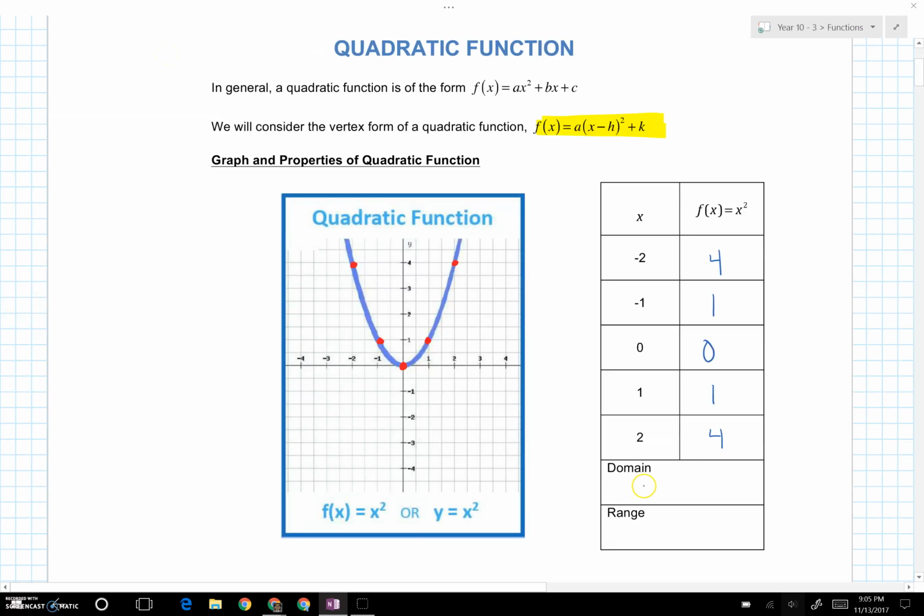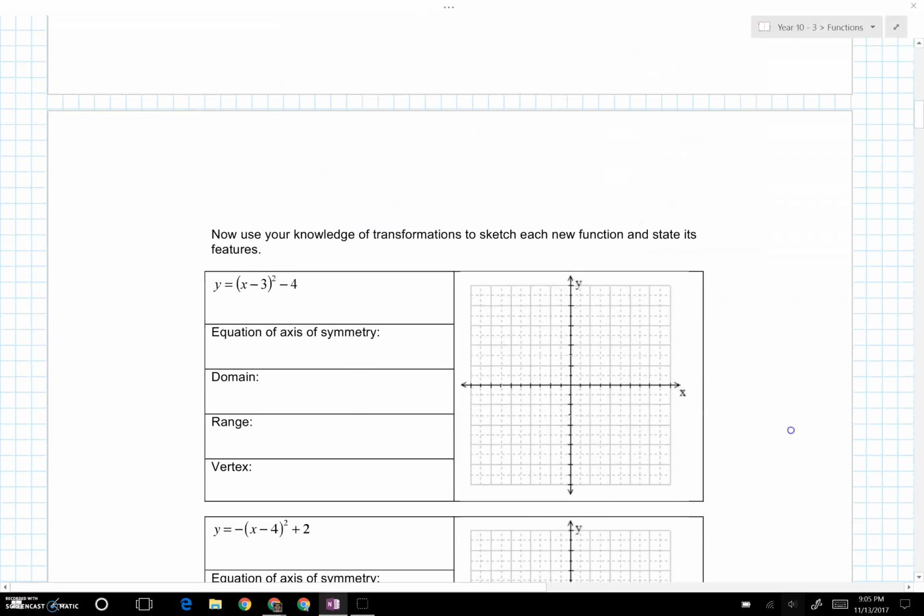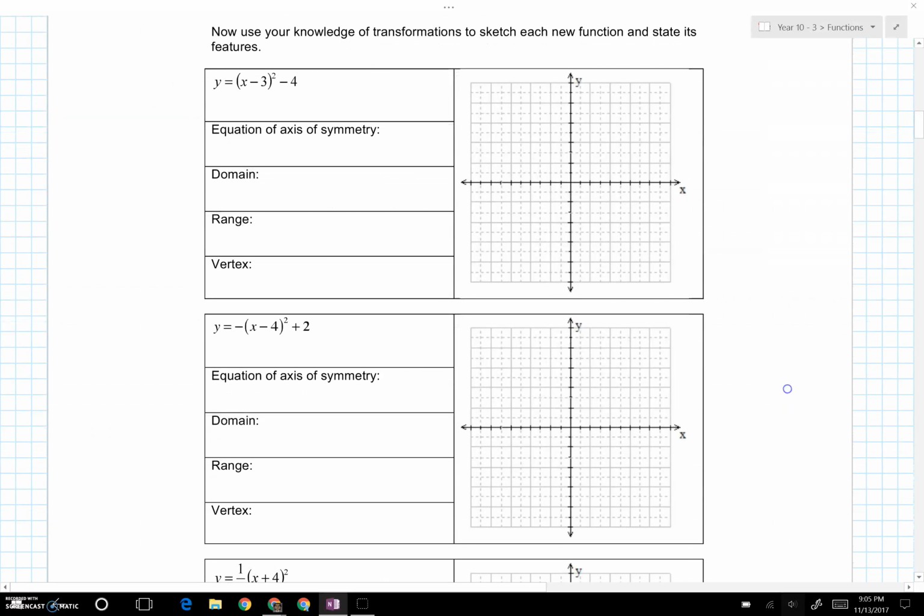My domain for all parabolas is x is an element of real numbers. My range for this generic parabola is y is everything greater than or equal to 0, y is an element of real numbers. So this should look familiar to all of you. Now, because we're starting with something we already know, we're going to use this and apply it to what we